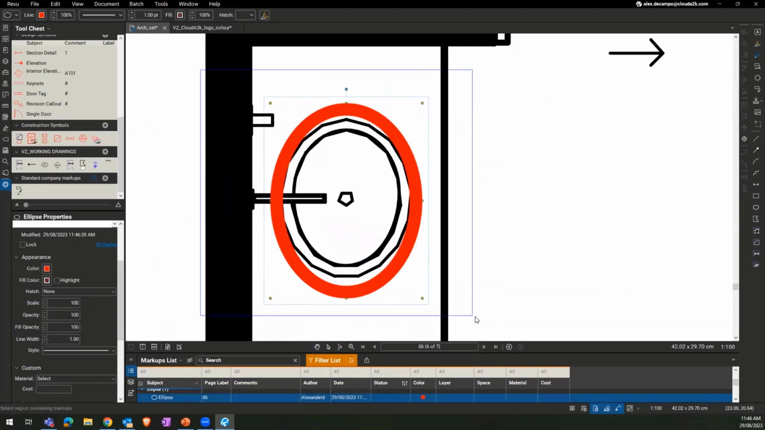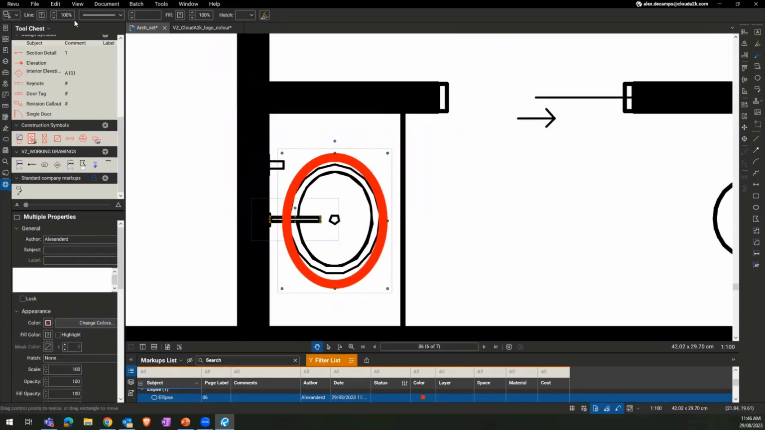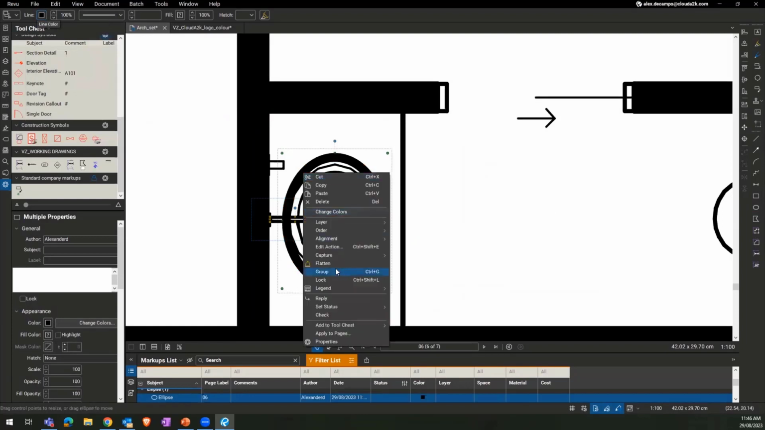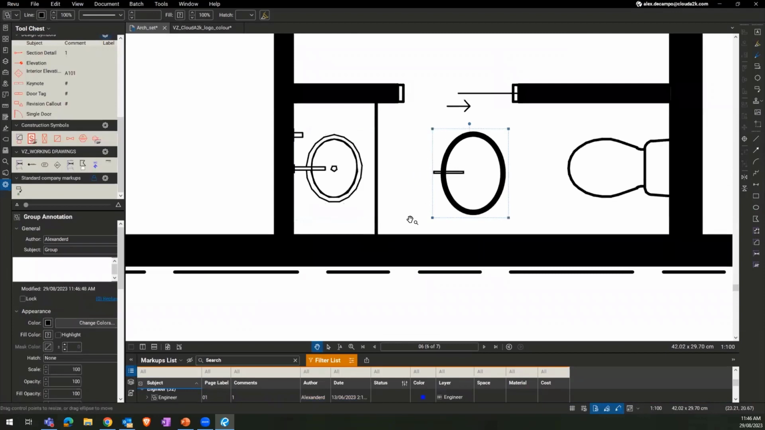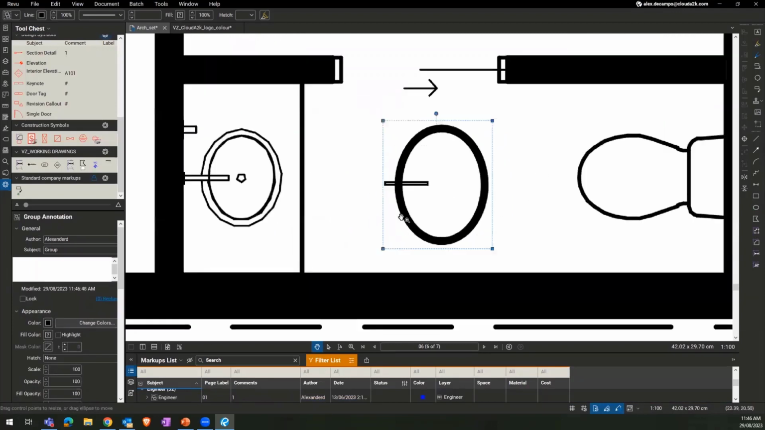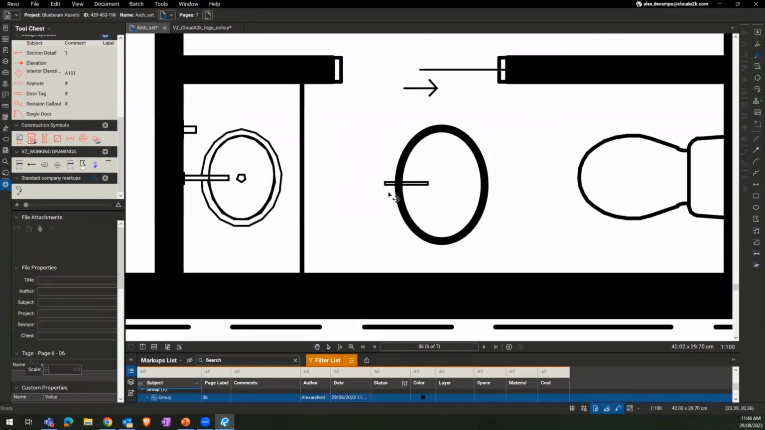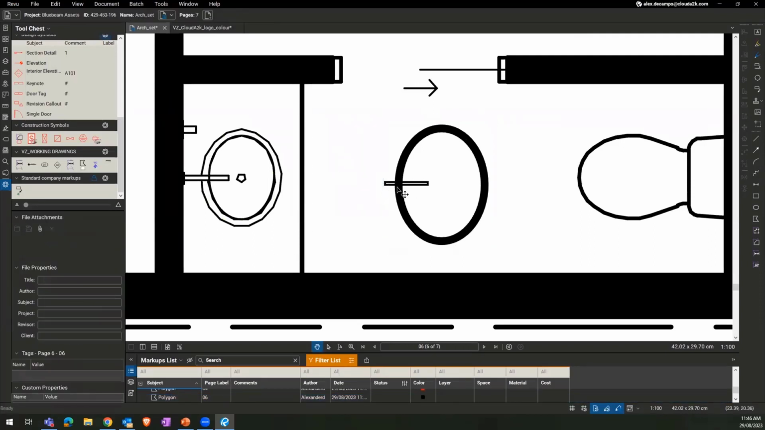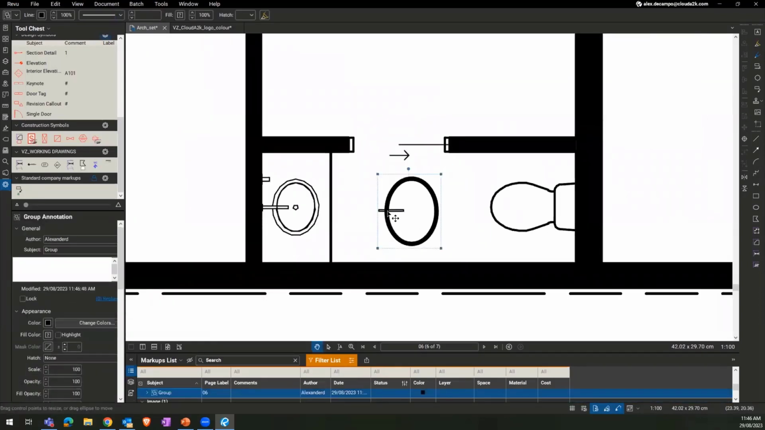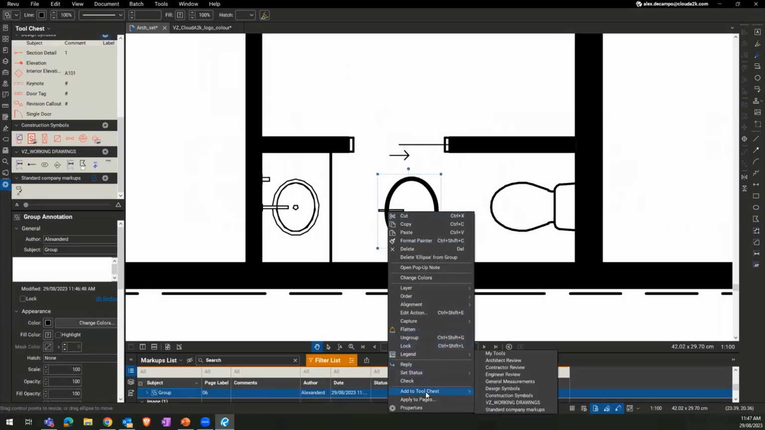I can then grab it all at once, change the line color again, right click on it, and select the option group. What that does is it puts them all together as one group here. So it's keeping this as one family now. Instead of separate little components, instead of separate shapes, it becomes one shape. So I can right click, add this to my tool chest,